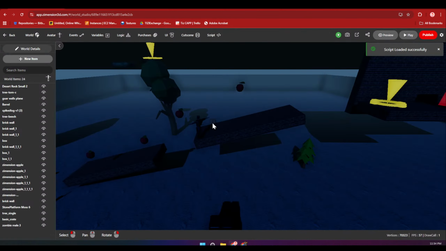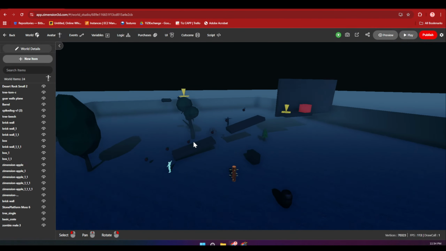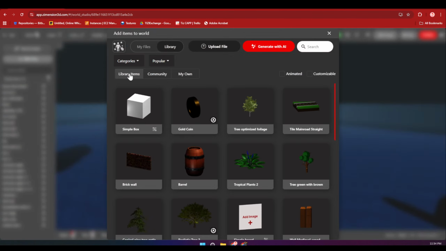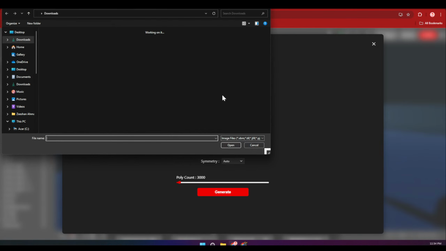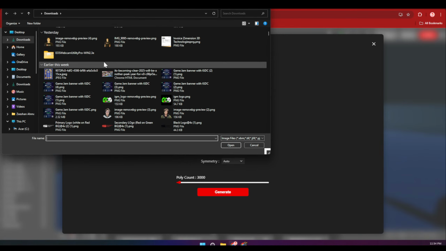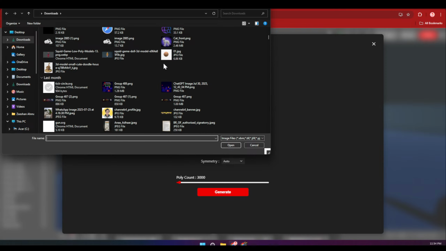Yeah, so if you want to use AI to create assets, you can click here, generate asset with CSM. You can upload any of your images over here, and it will take 3 to 4 minutes and add into our scene. So we'll do that. We'll upload something from our computer. Okay, let me create this Squid Game.